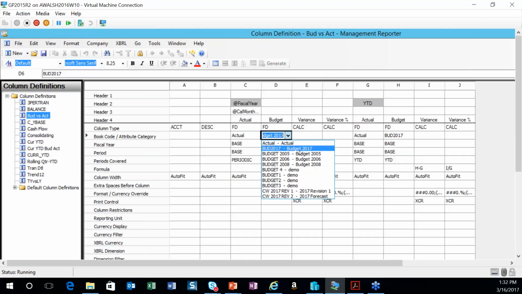Under the actual is the list of all the budgets. Now, I'm not limited to how many budgets I can have. I'm not limited to forecast. I'm not limited to having numerous budgets in one particular column either. What I can do is click on this drop down, and then for my budget,